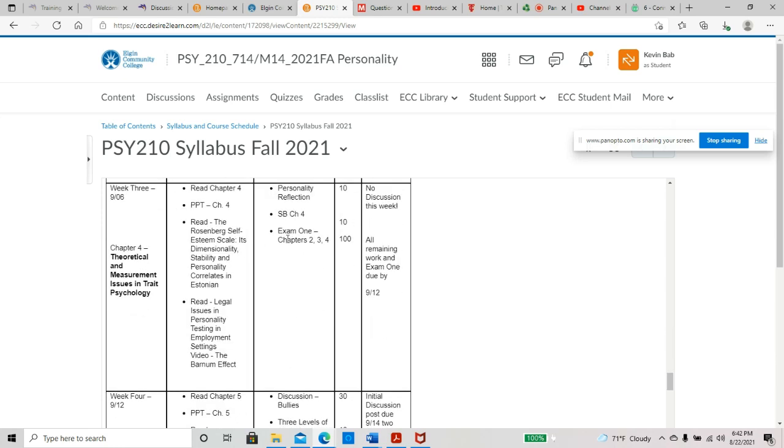Here you can see we've got chapter 4, we've got a couple assignments and your exam, right? So your exam is going to be on chapters 2, 3, and 4, and you're going to have that to do by Sunday as well. So there's no discussion this week, but you have the personality reflection, the Smartbook chapter, and then the exam to